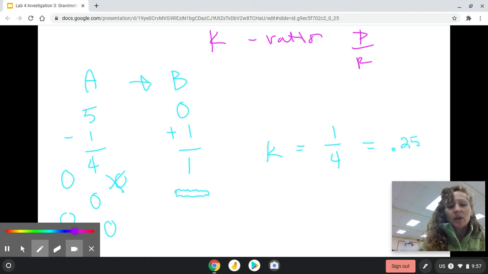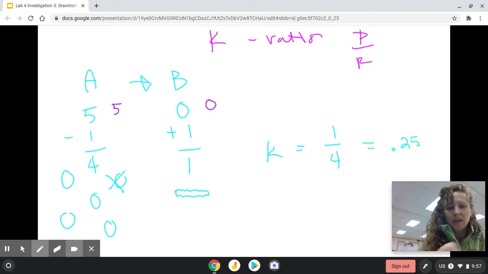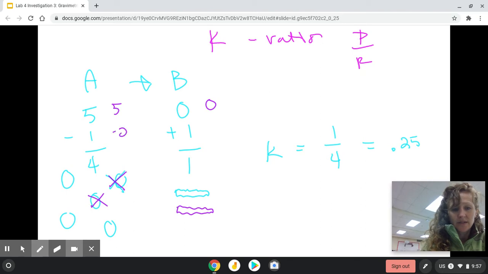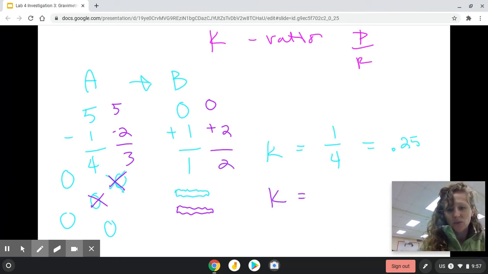Let's say we start with 5 A and 0 B and we squash 2 of our A's, so we get 2 little B pancakes. We have 3 A's left, and we have 2 B's over here. So K in this instance would be 2/3,